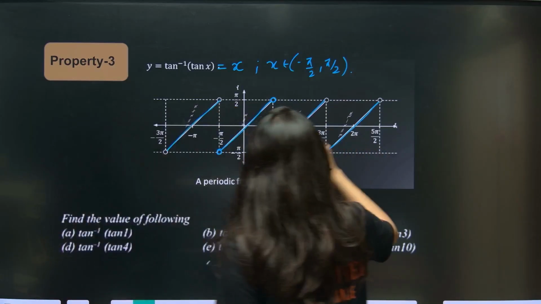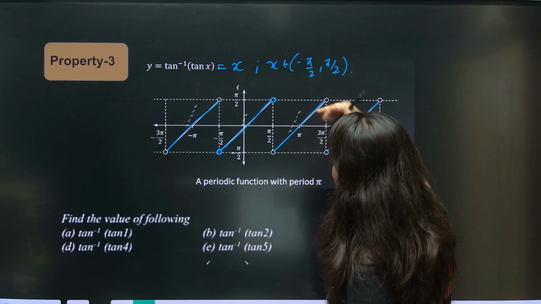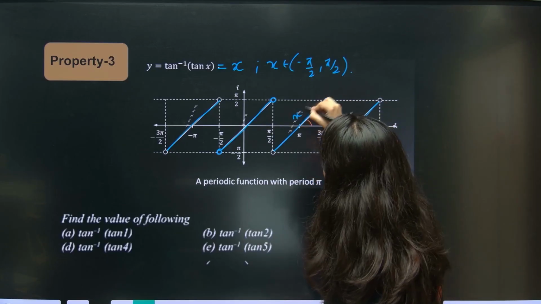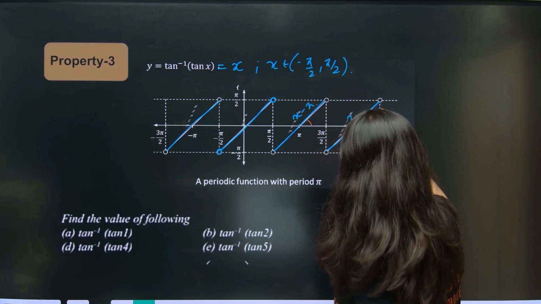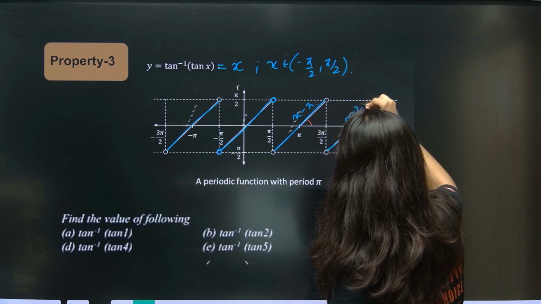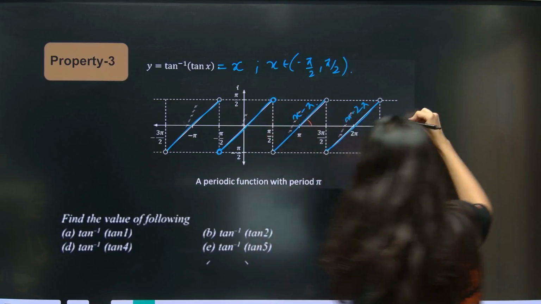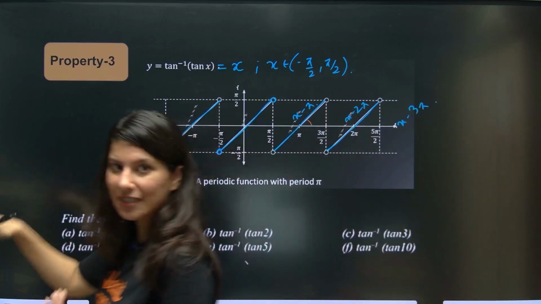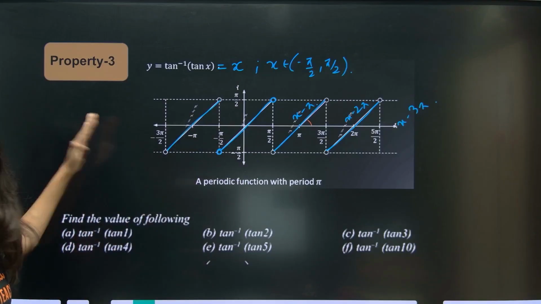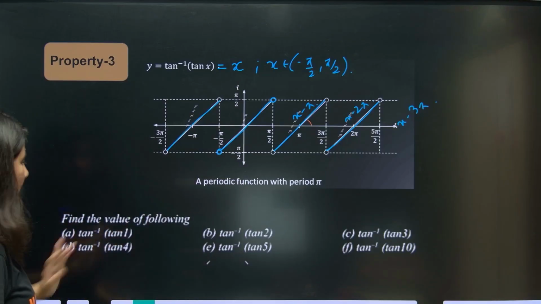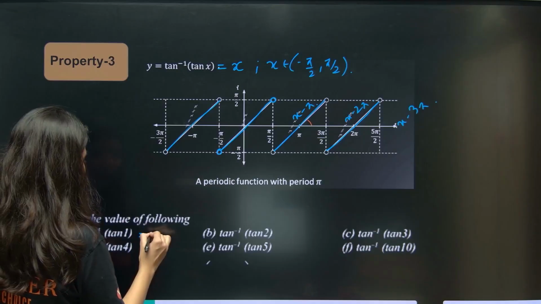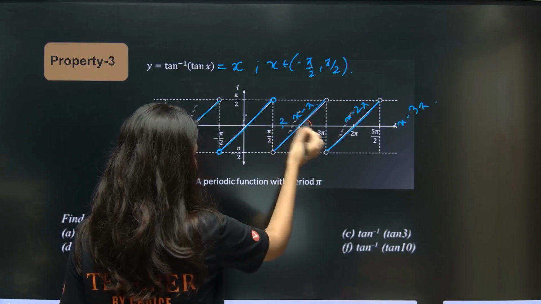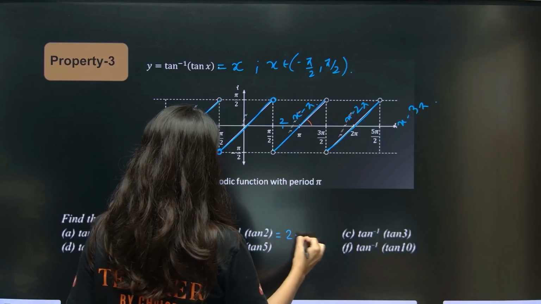Now you just have to keep on drawing parallel lines like this. And if you draw parallel lines, it is what? See. So this is again, slope is 45 degree, 1. So this is x minus pi. This is what? x minus 2 pi. Okay, and next will be x minus 3 pi and so on. The left one will be x plus pi, then it will be x plus 2 pi on the negative side. Here, tan inverse tan 1, first quadrant means 1. Tan inverse tan 2, 2 is lying over here, second quadrant, x minus pi. So this is 2 minus pi.